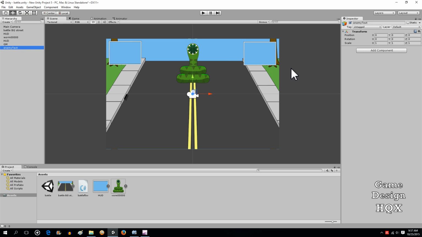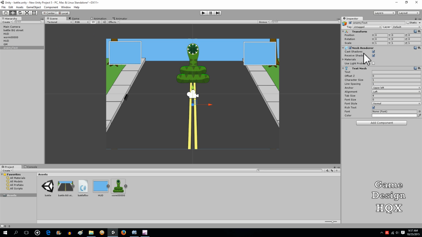So click on it to highlight it, and then we're going to add component, and this time rather than adding a script, we're going to add a mesh, and we're going to choose text mesh. It adds two components, the mesh renderer and the text mesh. For whatever reason, it starts off with a bunch of settings that aren't terribly useful. So I'm going to reduce the character size, or else it'll be very blurry. Font size, all depends what you're looking to do. We can tweak that as we go along,